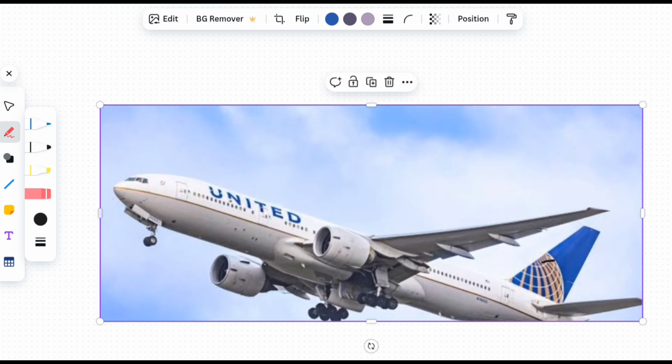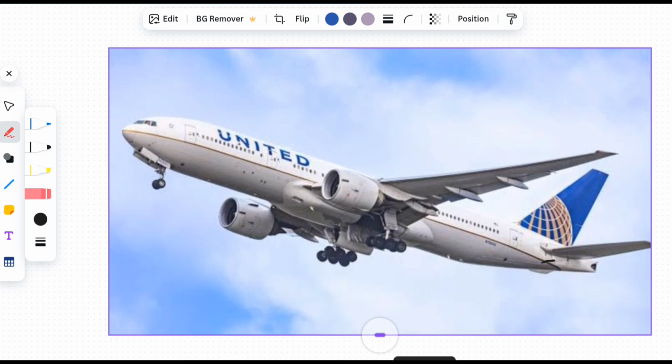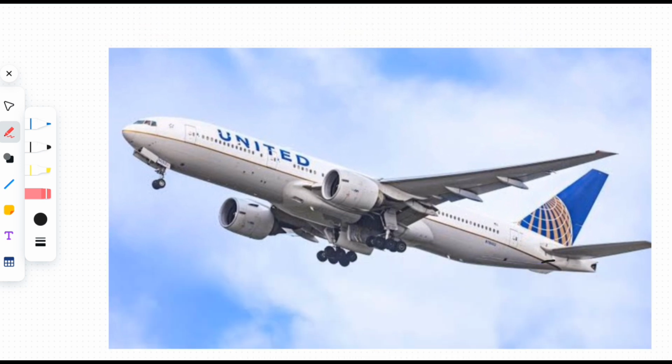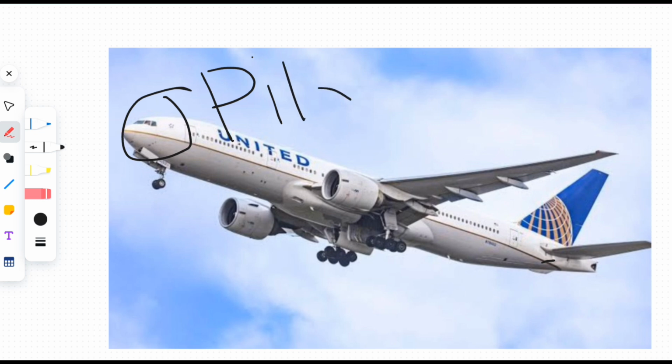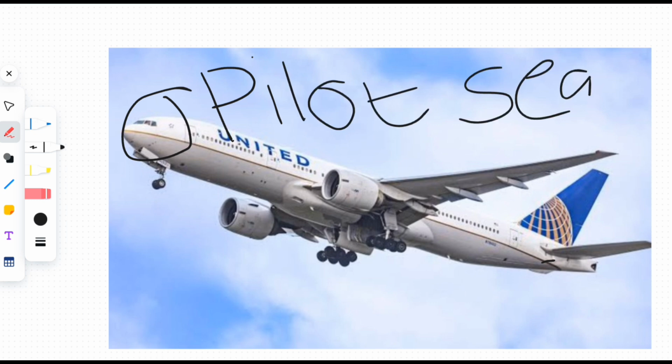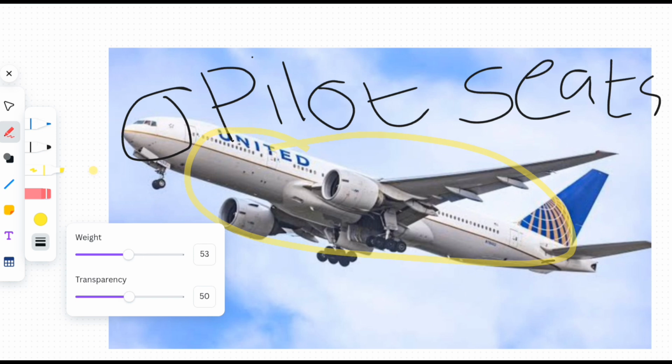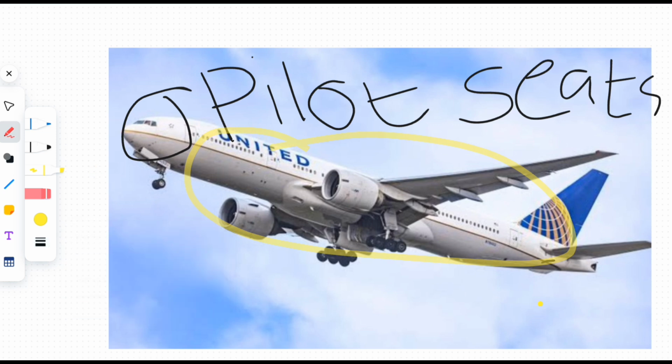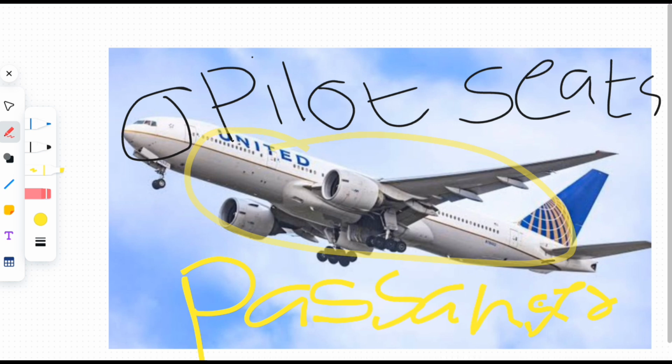So now I will be telling you all where the pilot sits and where the passengers sit. It's easy, everyone knows, but if many of them don't know, I will tell you all. So this is the circle I have drawn here. The pilot sits here. You can make it as a note, but yes, I am writing and showing it to you all. This is the part of the plane where passengers sit. The first nose part is where the pilot sits, and in the back all the passengers sit. In a Boeing plane there are 8 to 9 passengers if you don't know.